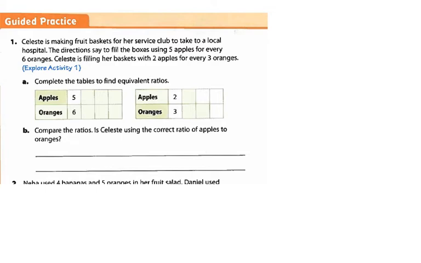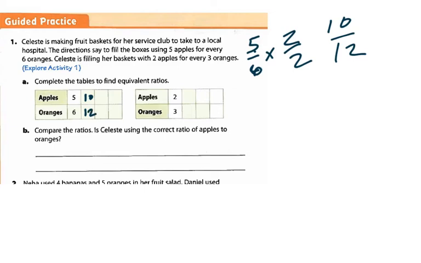So here we have 5 to 6 is our initial ratio. So I'm going to start there first. So I'm going to take 5 over 6. I'm going to multiply that by 2 over 2. 5 times 2 is 10. 6 times 2 is 12. So this one is going to be 10